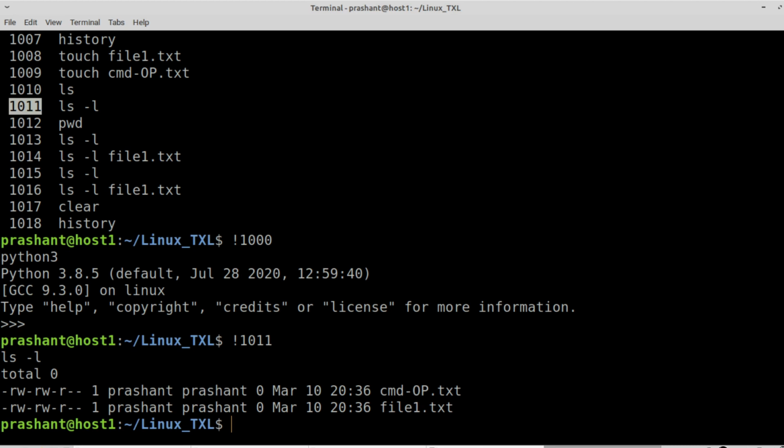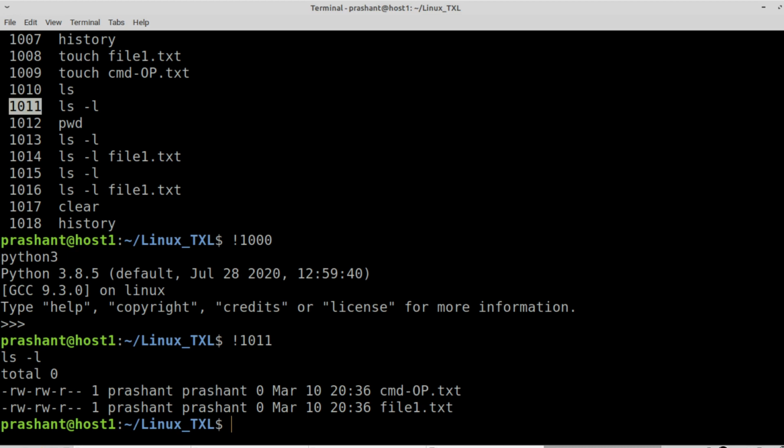Then let's see some history command combinations related to keys. If we press Control P, we get the last executed command. Again Control P, the Python 3. Again Control P, the previous, and Control N is the next. So using the key combinations Control P and Control N, we can move through the history entries, or the up arrow key or down arrow key is also possible. So this is the history command combination.